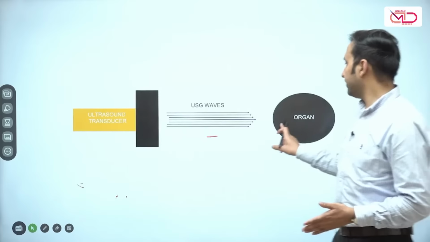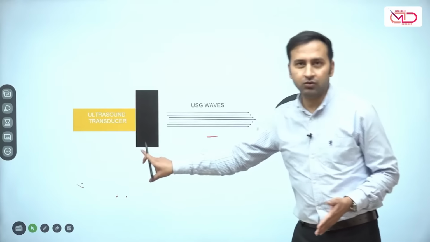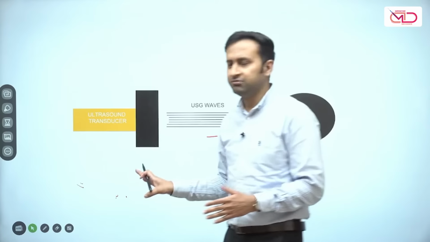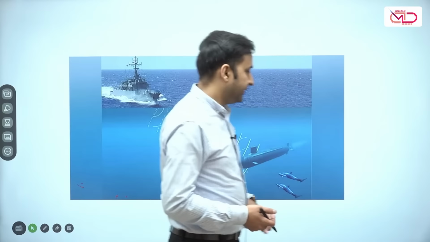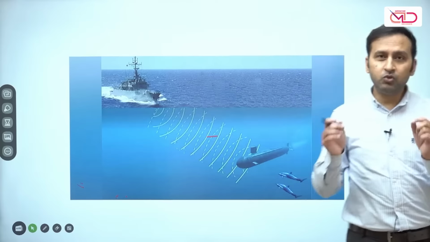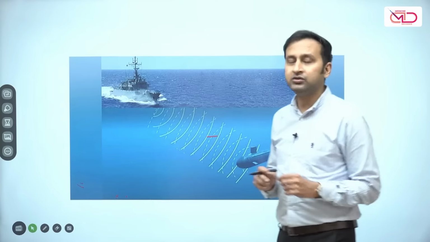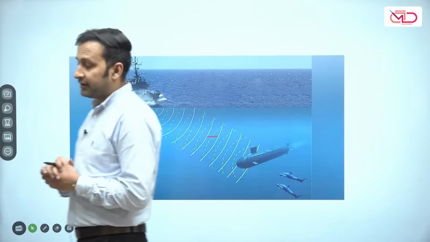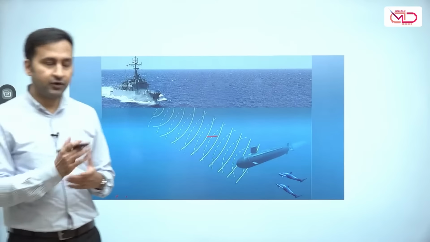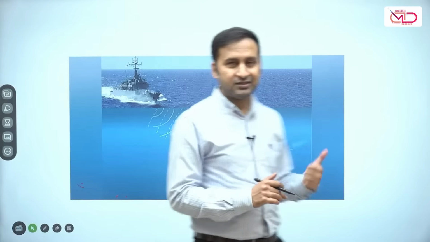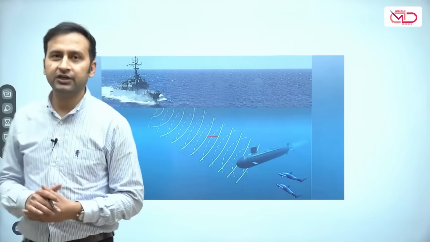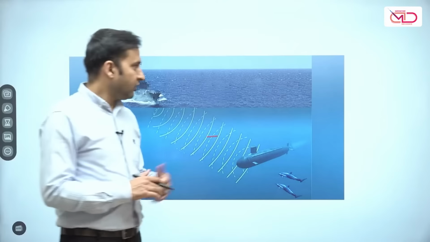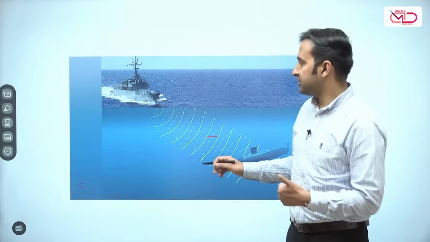On the other hand, whatever sound waves are going to be reflected back to the ultrasound will produce some signal on the ultrasound machine. Maybe it could be white, it could be gray, it could be of some other shade. So coming to the most basic point, how does a particular object behave in front of ultrasound waves? To explain this, I've taken an example from sonar. I hope that most of you might be familiar with the concept of sonar, that is sound navigation and ranging, or radar.